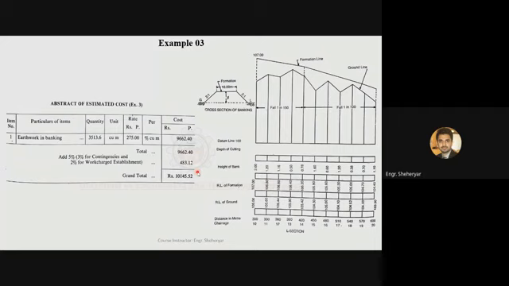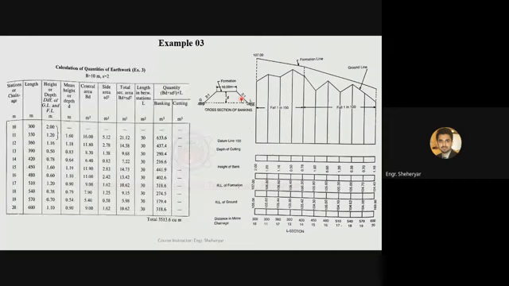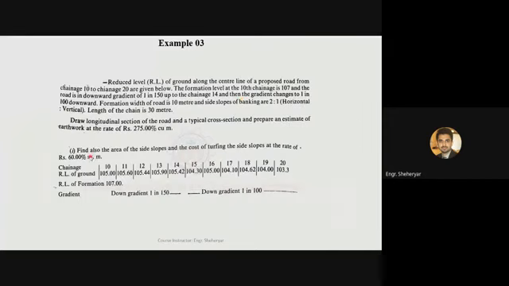So you have calculated the volume of earthworks. Now you have to calculate the side areas, similar to what we have calculated in the previous example. These side areas have to be calculated, because in the second part of the question we are asked to find the area of the side slopes and the cost of turfing. Now they want to grow grass on the side slopes, so they want to calculate the area